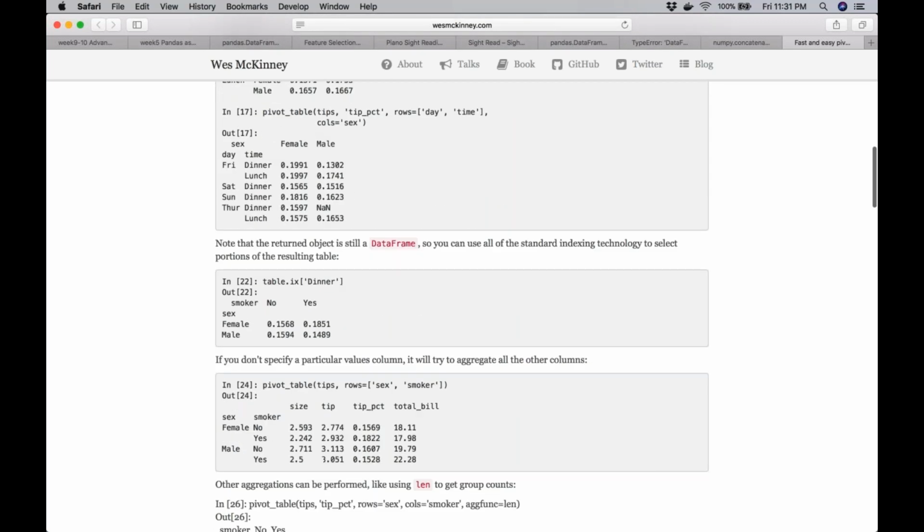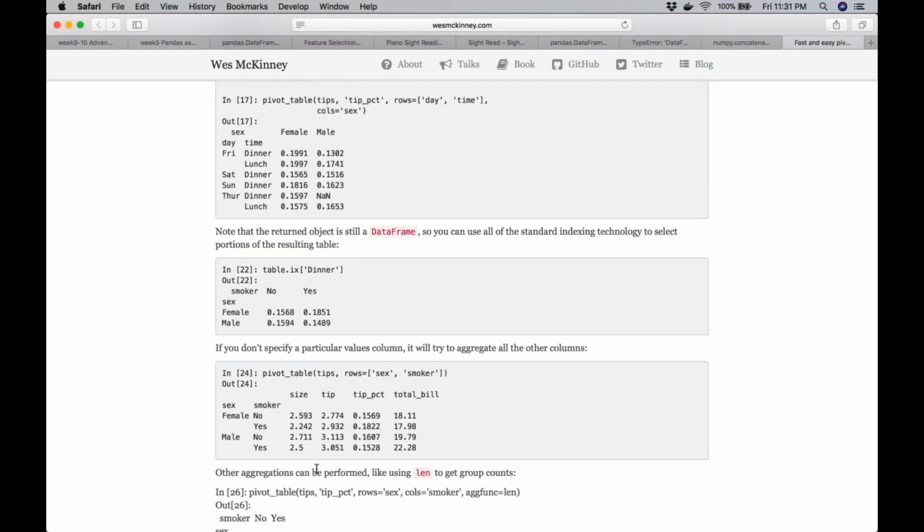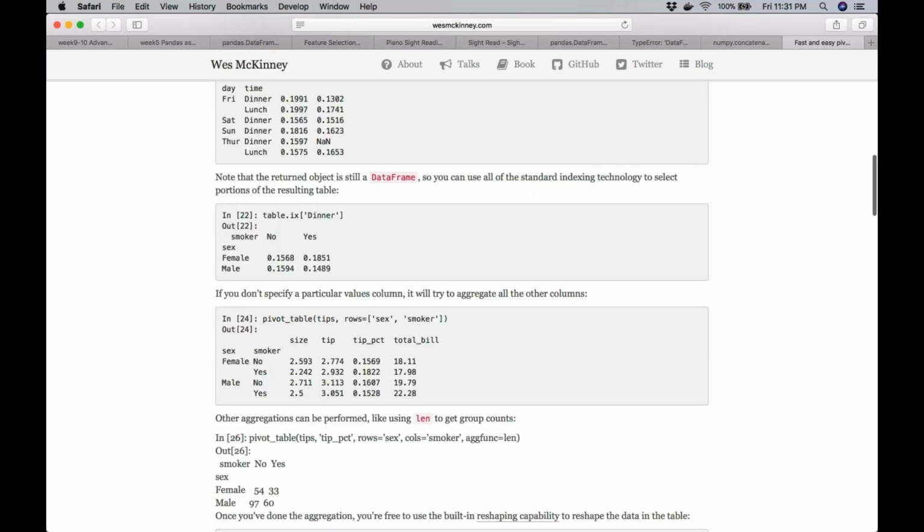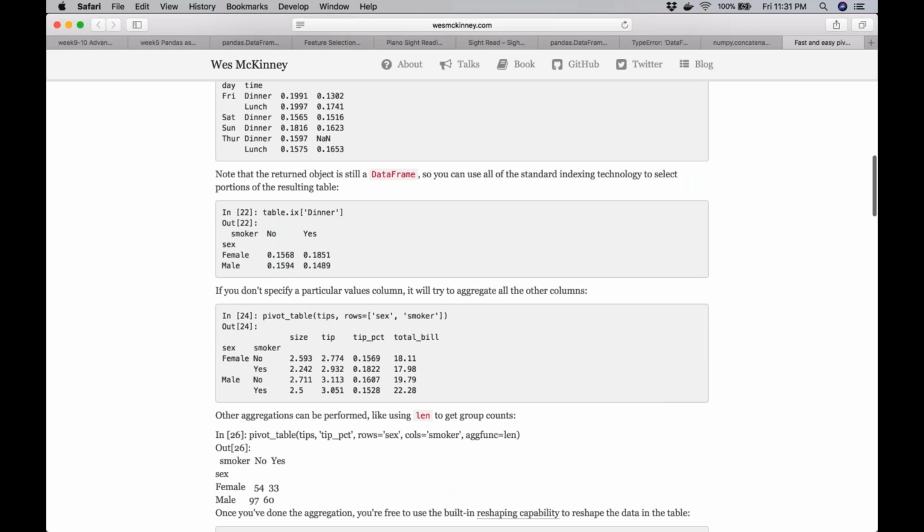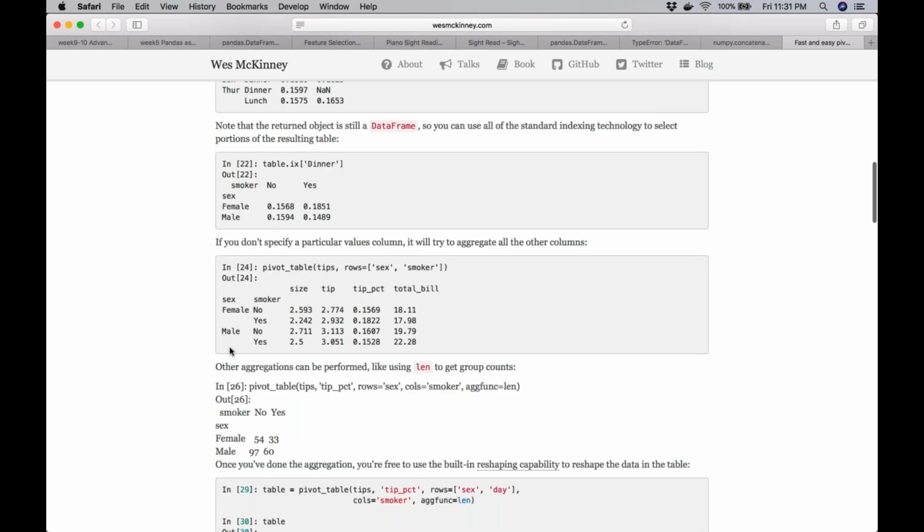So you are able to convert the data into a format where it becomes easy to look at the observations and the features more easily. And you could do it on the basis of multiple different conditions. So you can see that he's just playing around with different columns. That now there is a sex and smoker once again, and the rest of the columns remain as they are. So the size, the tip percentage, and total bill remain as is. In which case, what he's done is use only the rows parameter. Rows is equal to sex and smoker.